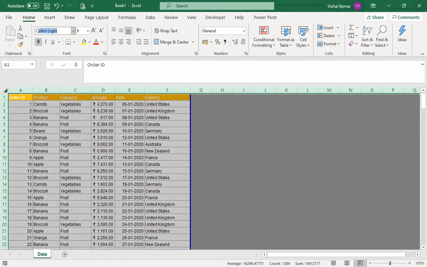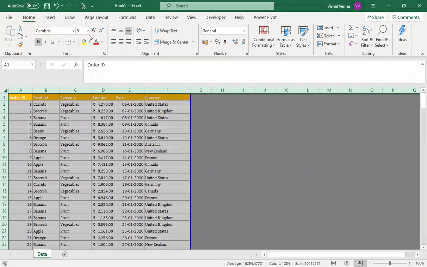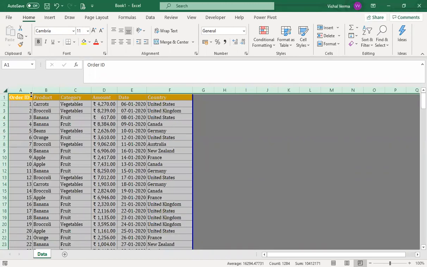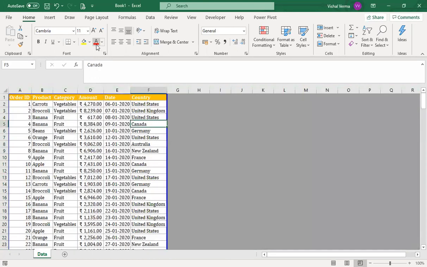fonts. So for example, we can select Cambria. Then we can alter the size of the text as per requirement. Color the text, say for example, we colored it red, and fill the cell itself. Then we can convert it into bold, italic, or underline. So this is basically the formatting related to font. Then we can go for alignment of the text.